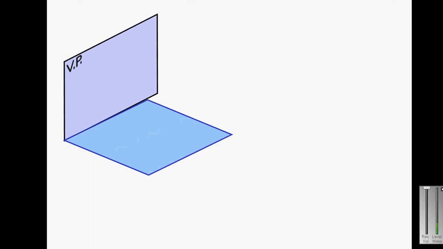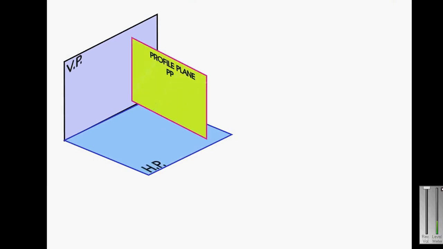And the next case is a line in a profile plane, meaning a plane which is perpendicular to both HP and VP. So this is the vertical plane and the horizontal plane, mutually perpendicular. So the third plane is the profile plane. This plane is perpendicular to both HP and VP. And if a line AB is on the profile plane,